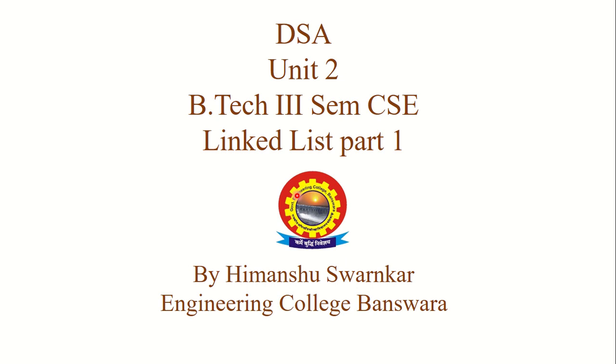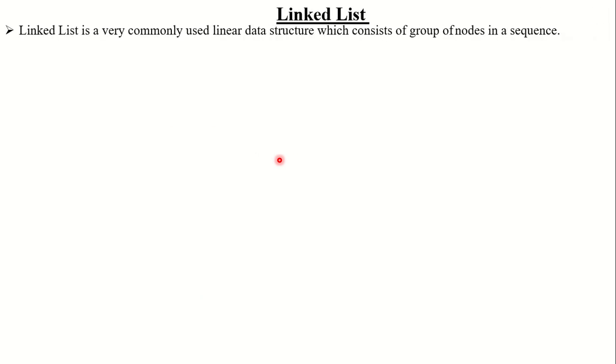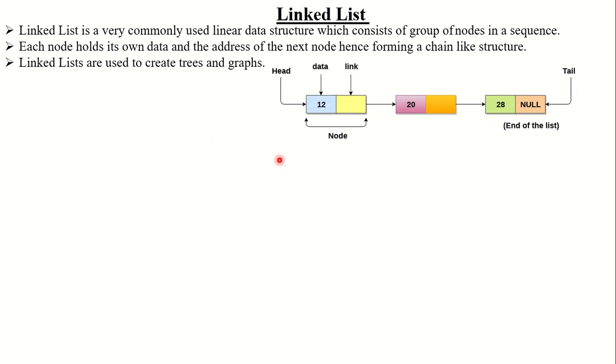So again, I am starting with the basics, and we will also see in this video how we can create a node of a linked list, what a linked list is, what the types of linked list are, and some operations of linked list. This is the first part, in which we understand what a linked list is and what the operations on it are. Okay. There is some basic theoretical concept behind that. I just want to show a diagram, then I will explain that theoretical concept.